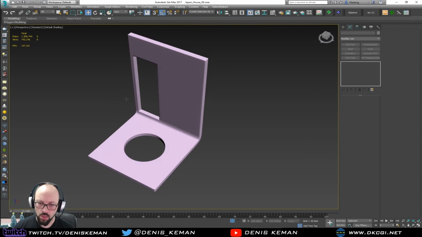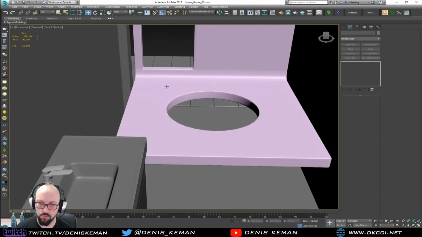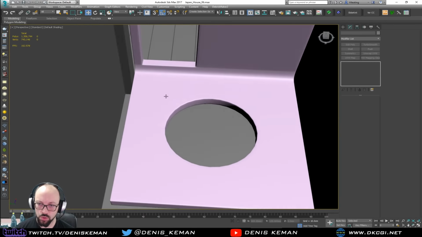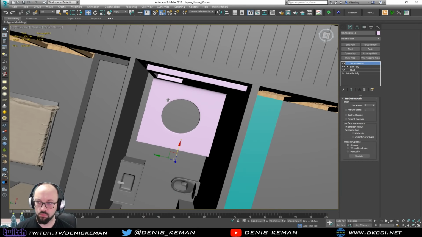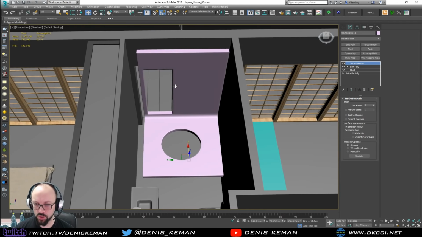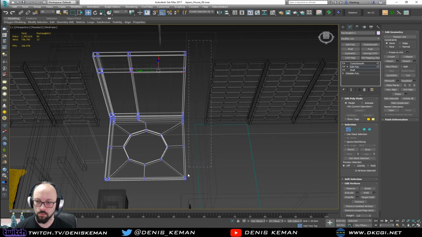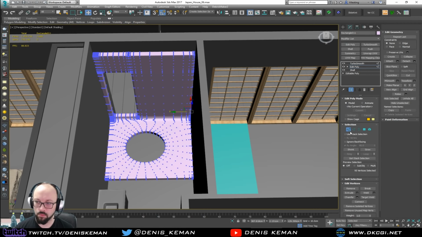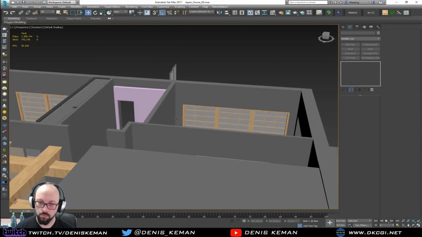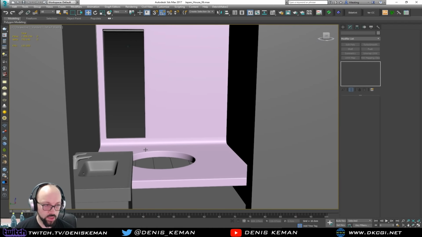Alright, cool. So we have the opening here for our bathroom. Super big, super huge. Definitely looks weird. Oh well. Alright, so